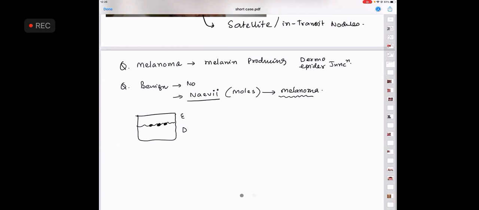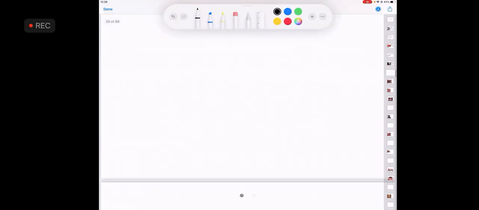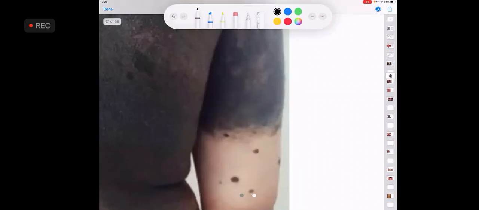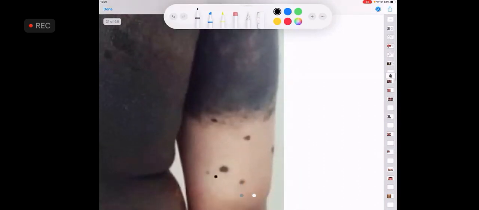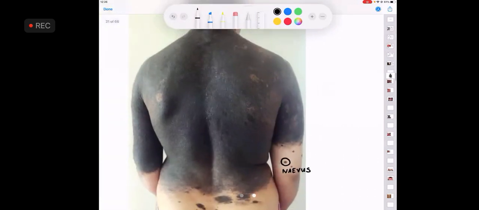Now, what is important is that these nevi or moles, particularly the size of the nevi, determines this one. If you get a nevus of this shape, now I'm going to show you a picture, you say, oh my god. If you see these things that are there on the hand, they are technically called a nevi or a mole. But in this patient, can you see how large the nevus is?